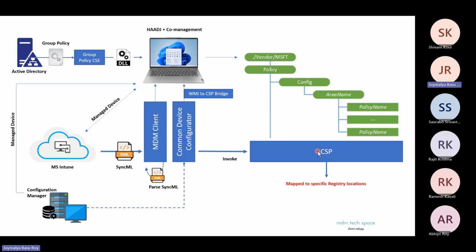So your group policy analytics is giving an estimation of how many DLL file equivalents are already present in the CSPs. But it does not state like